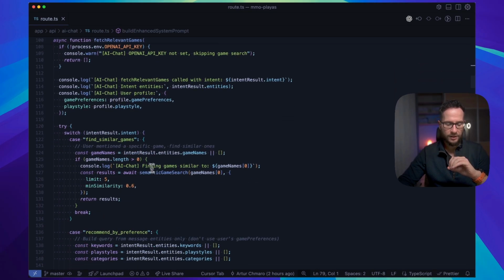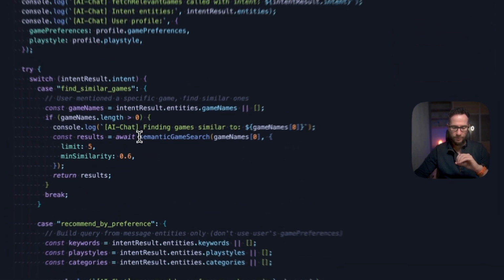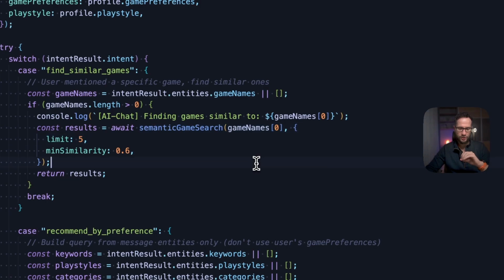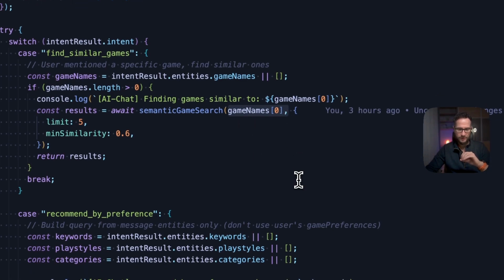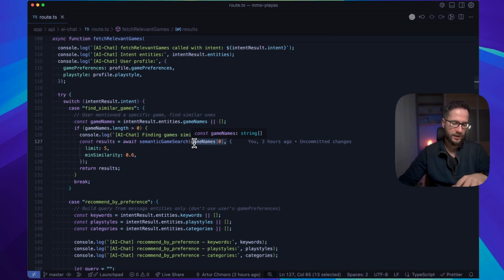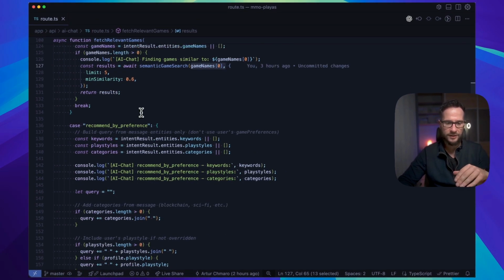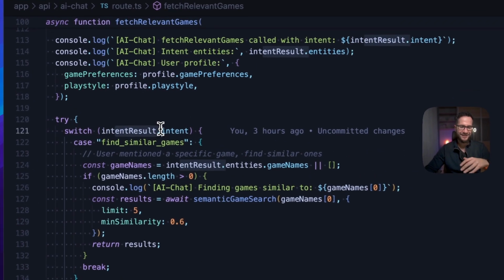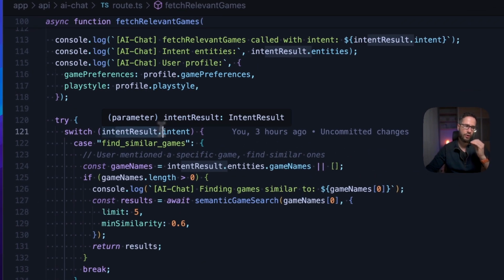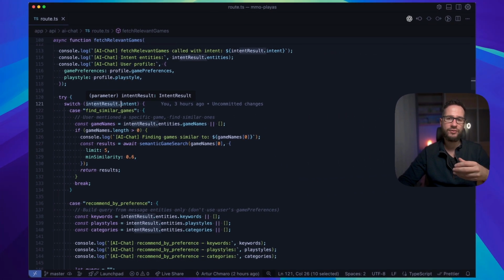And then finally, I have some helper functions like semantic game search. So here we can provide some similar games. So I can type Tibia just to find some similar games, or I can recommend by preference. And by the way, this intent is again something that I'm calling before sending the response to the user.